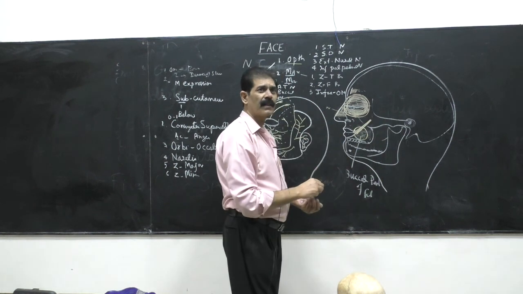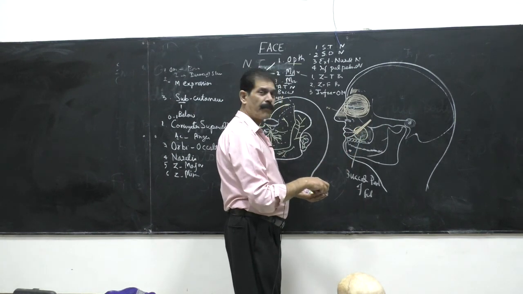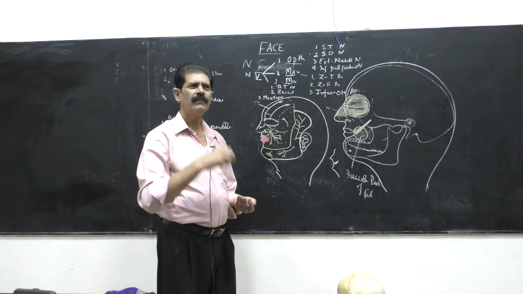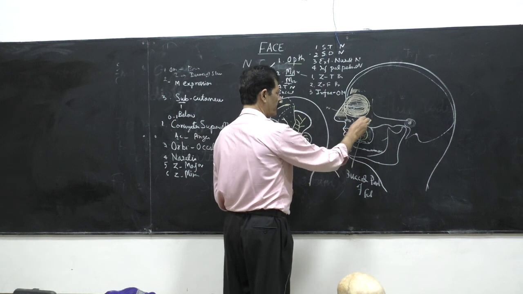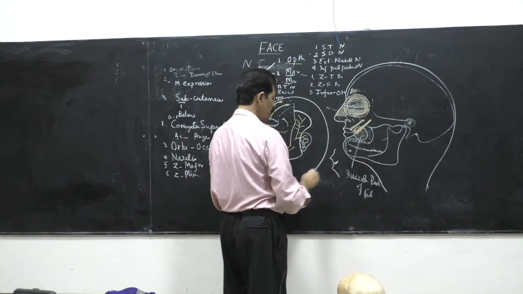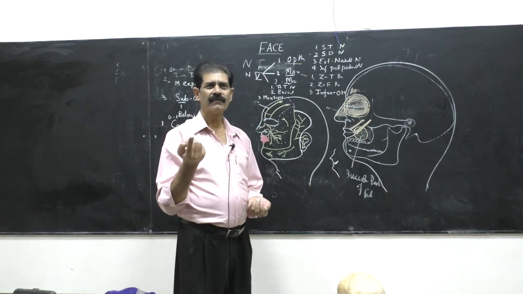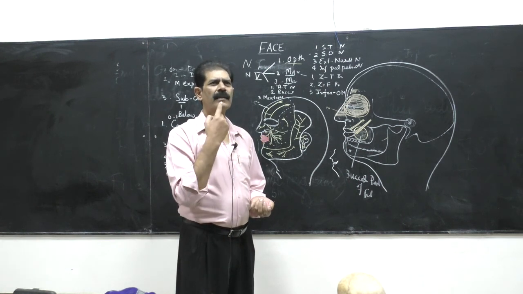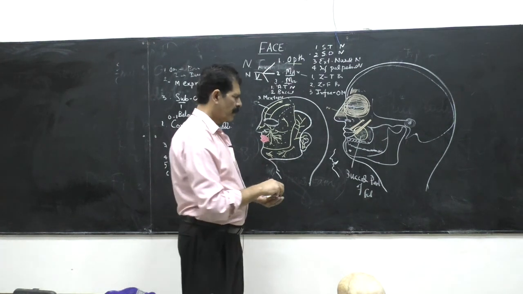It is called the laughing muscle, because when this muscle contracts, where will the angle of the mouth go? Upward. If anybody asks you to make a laughing face, how do you make it? Upward. And another muscle takes origin from the zygomatic bone and is inserted on the upper lip, in the middle of it. This is the zygomaticus minor. It is the smaller muscle. And what is the action? Smiling. Minor is called the smiling muscle. Major is called the laughing muscle. So when you smile, there is a slight raising of your upper lip. It is the minor.